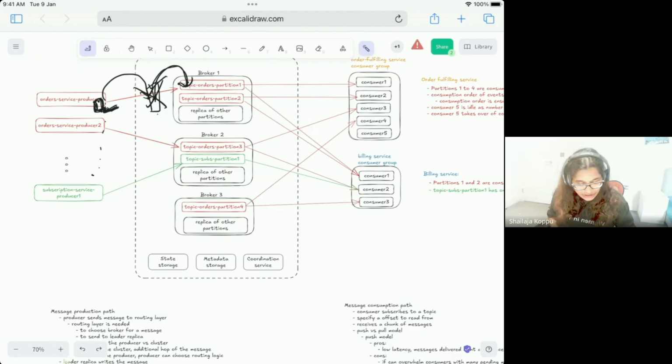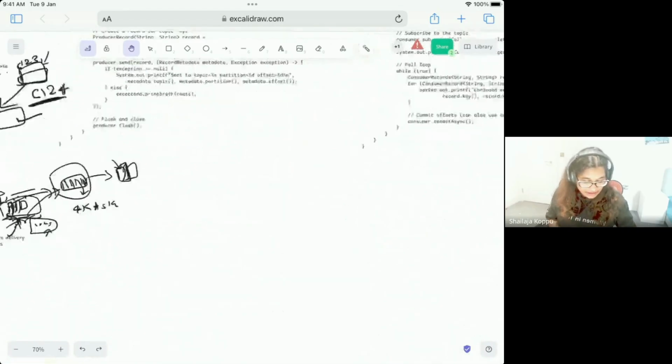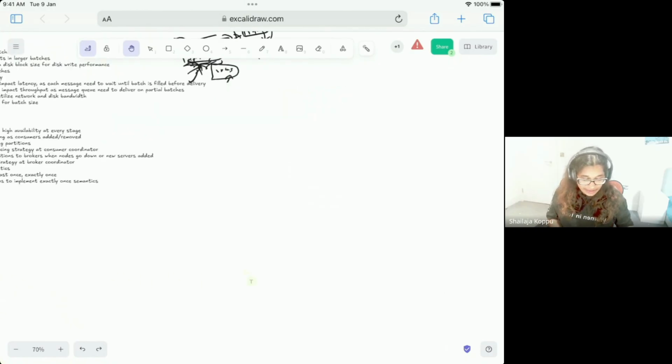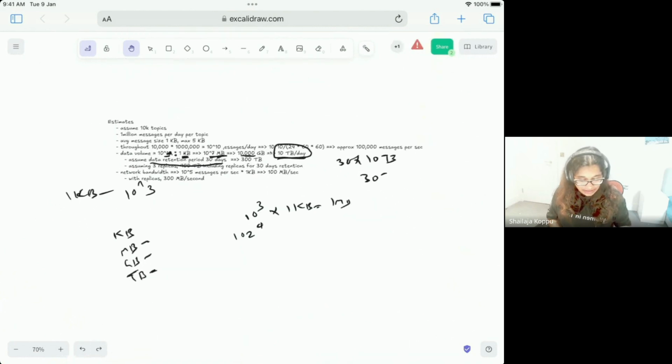Any more questions on the calculations? We will be doing many more designs, many more calculations like this. So if you are not good with numbers, don't worry. But in case you are not able to understand something, please ask questions.